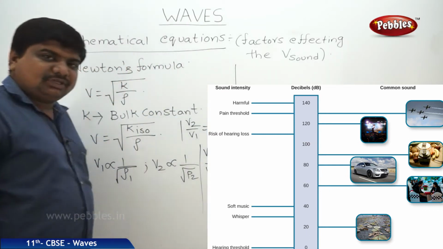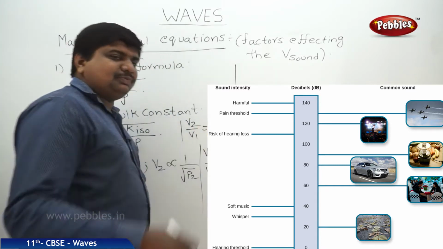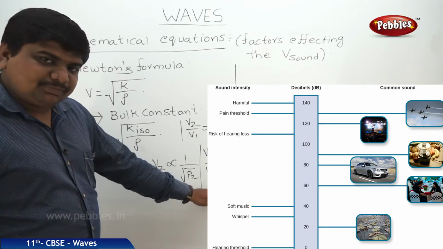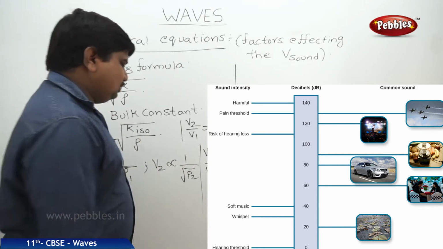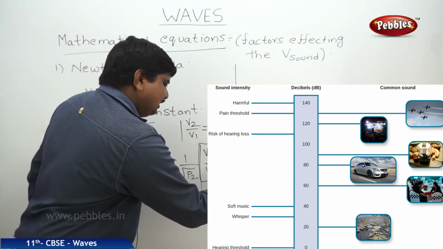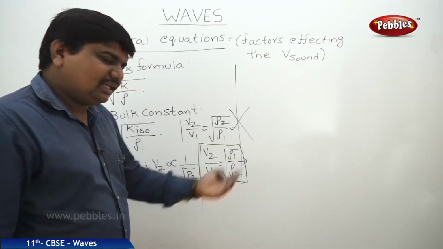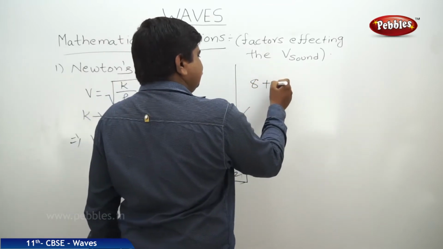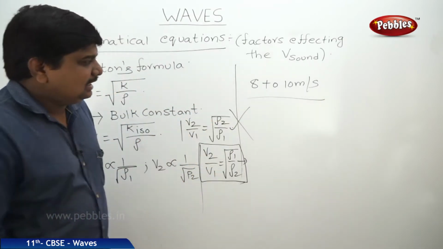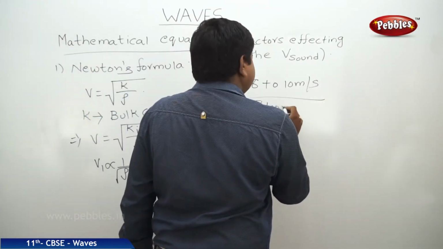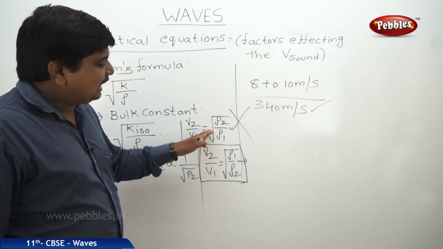This condition is possible when the medium is exposed to a greater speed when compared to the speed of sound. But this case is possible when the speed of the medium is less than the speed of sound. So, most probably these are the natural conditions we are experiencing. In this case, air can propagate at some 8 to 10 meters per second, but the speed of sound through it is 340 meters per second. So, this one is high. So, this case is not possible, it is said to be an ideal condition.